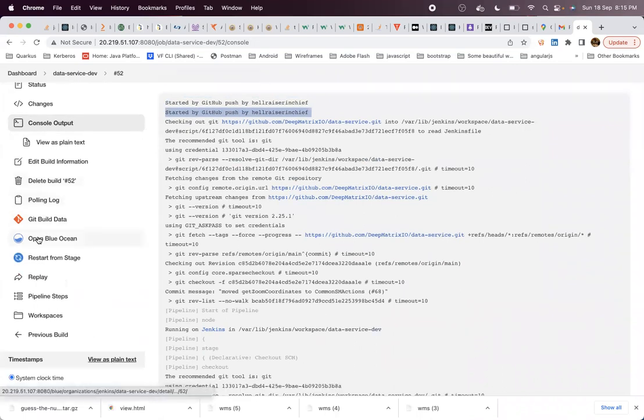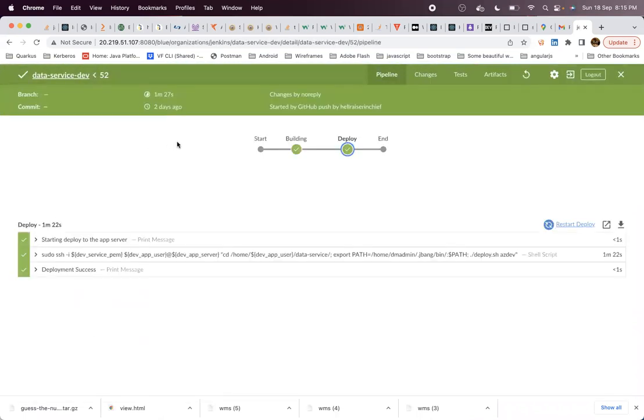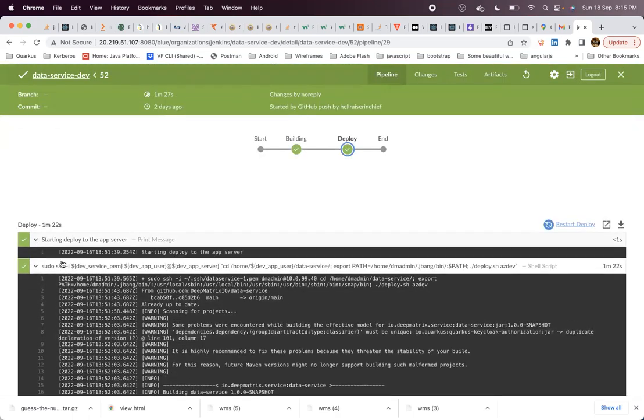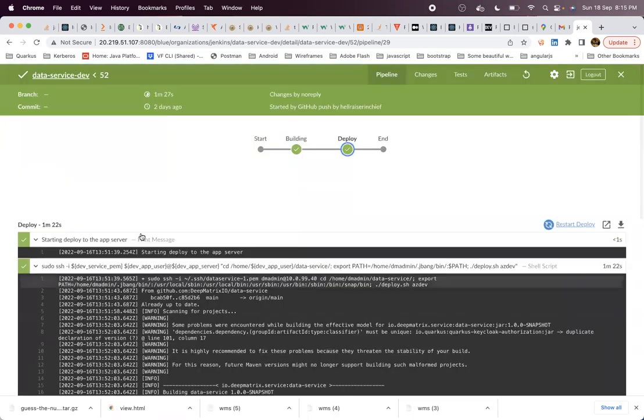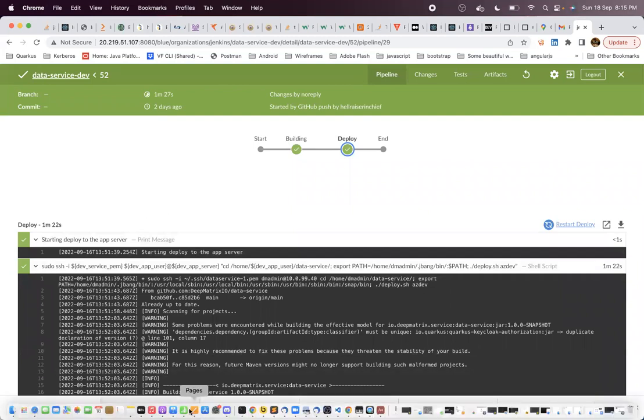Instead, if you install Blueocean Jenkins, this is how the job looks. Here you can see the job console output is well formatted. The UI is very friendly, and you can easily bifurcate different things. When you click on deploy, you will see only deploy related logs. It says start deploying of app server, then the deploy related commands and logs, and deployment success. So this is the new UI. That is the Blueocean plugin. If you install the Blueocean plugin,